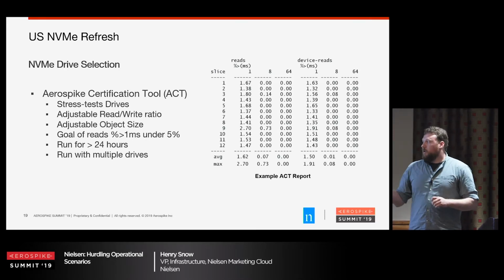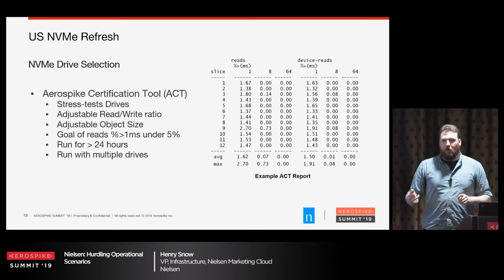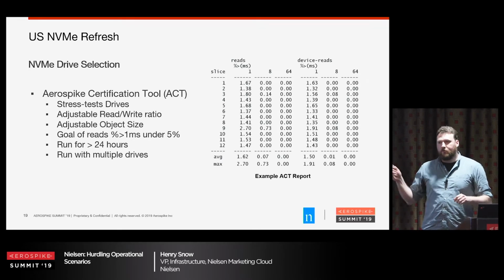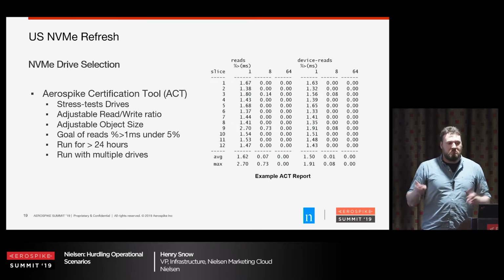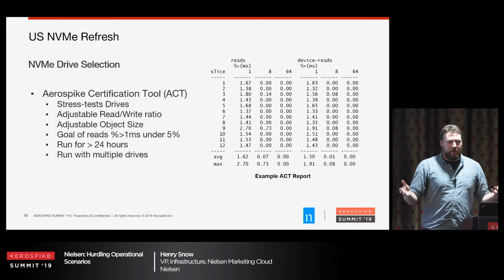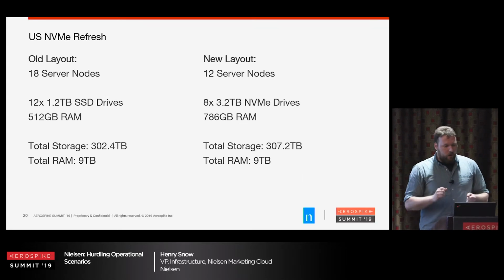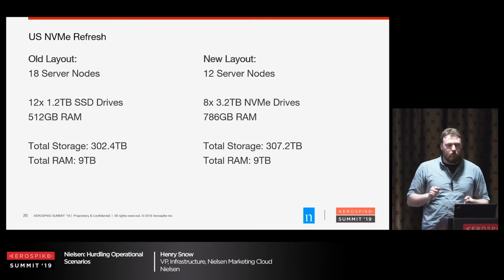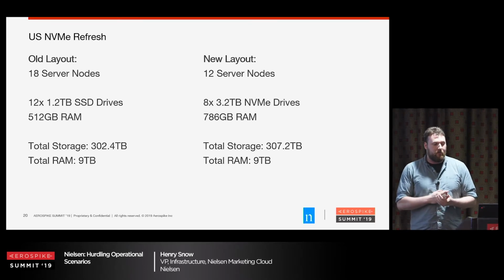Lastly, run it on multiple drives at the same time. Just because one device performs well on a system doesn't necessarily mean when you throw 8 of them into the same piece of hardware that it will work in the same manner. You might have kind of weird interactions between the devices running together, limiting throughput. Okay, so the conclusion we came to was that we were going to use some 3.2 terabyte NVMe